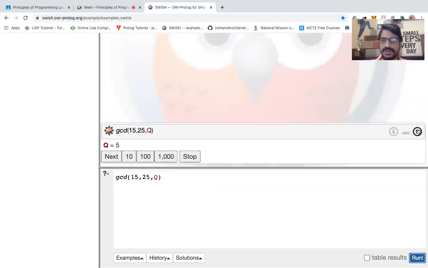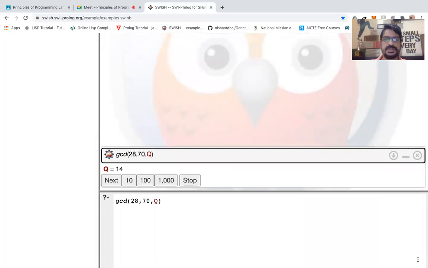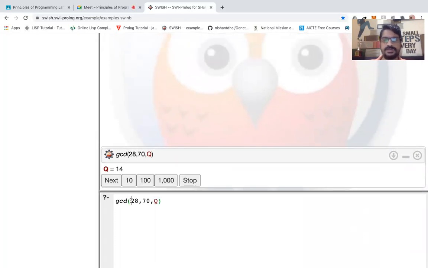Okay, now between 28 and 70, which is the greatest common divisor? So I think it will be 14. Yes, so 14 is the greatest common divisor between 28 and 70.